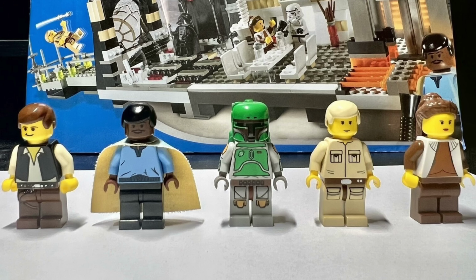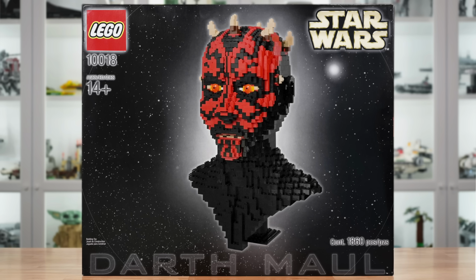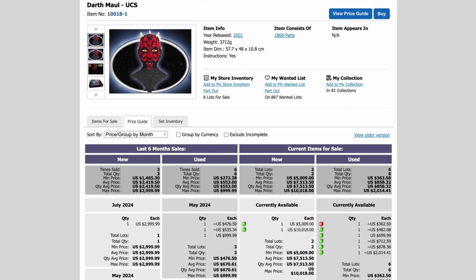It doesn't have any exclusive parts that you couldn't get in any other sets, or exclusive parts in unique colors. But the Darth Maul is something that you can build out of parts through Bricklink or other websites for under $1,000 pretty easily with all brand new parts. So what I really paid for, and what many people are, I don't know, many's not a great description. There aren't many people buying UCS Darth Mauls at this point, but the people that are buying it brand new